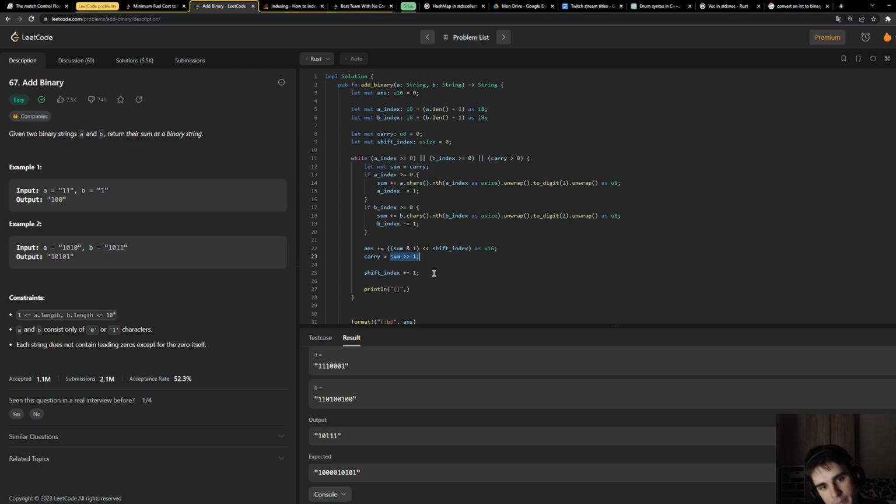This is a right shift by 1, a right bit shift by 1. Like 1 should be enough, yes.